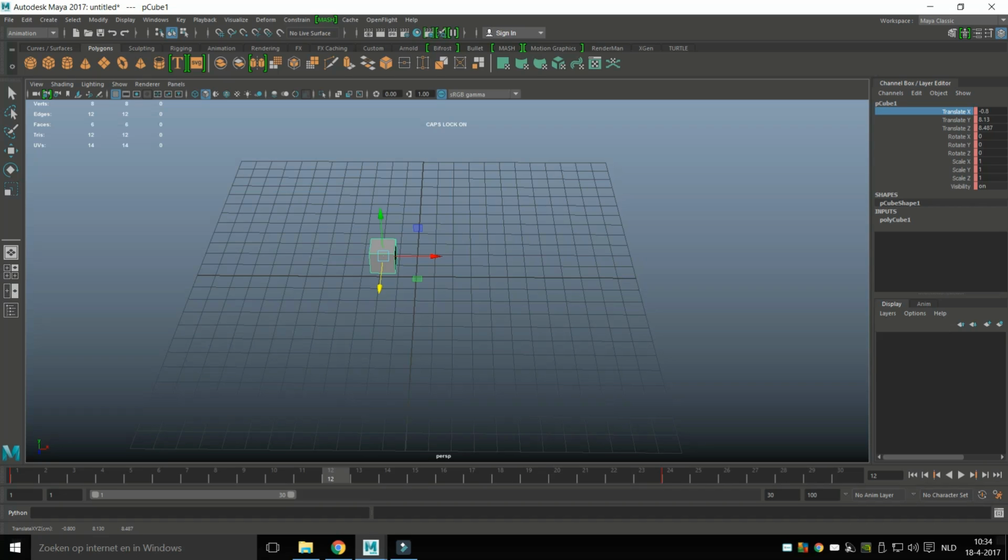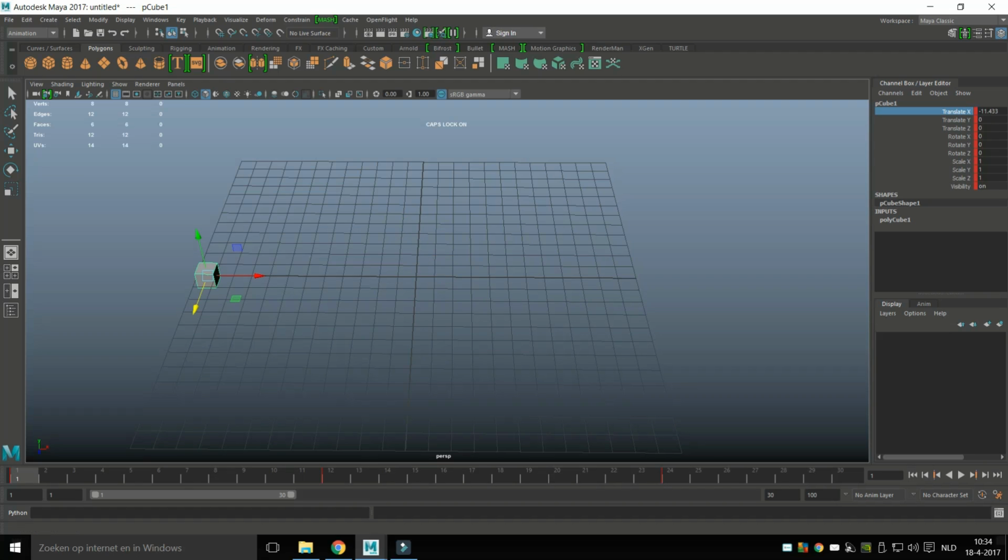Okay. Now I'm going to hit S again, because what I did now is I changed the translate Y and the translate Z, two values. I can again select it, right click and set key, or I can simply hit the S on my keyboard, and as you can see now everything is keyed here. So if we jump back to our frame 1 and I hit play,